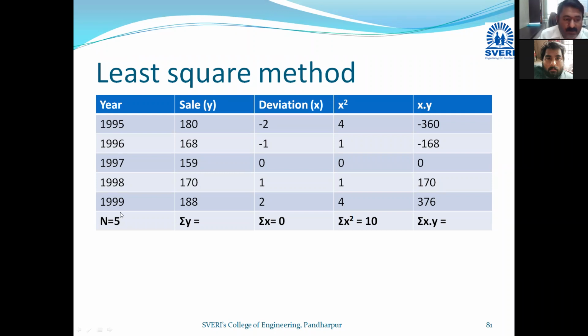Now try to remember the method of least square. Here there are 5 numbers. We discussed 2 approaches. If there is an odd number, the middle one you can take as 0 for deviation, and we will take -1, -2, +1, +2. If there is an even number, then we have to assume the in-between number as 0.5. We have already taken 2, 3 such numericals. So here, let us first go for summation of y. Friends, tell me, n is equal to 5. Let us go for summation of y.